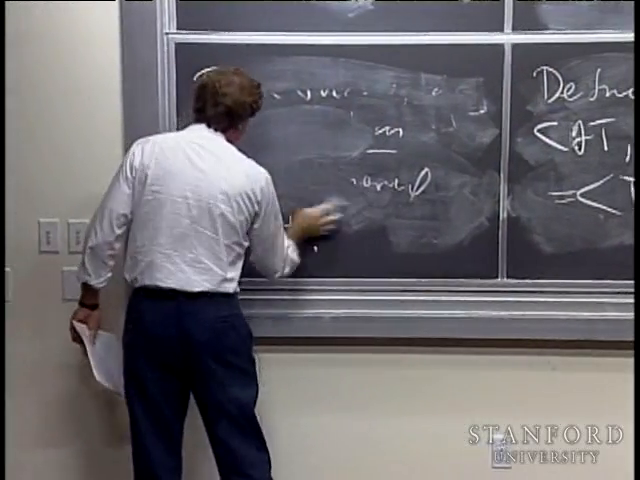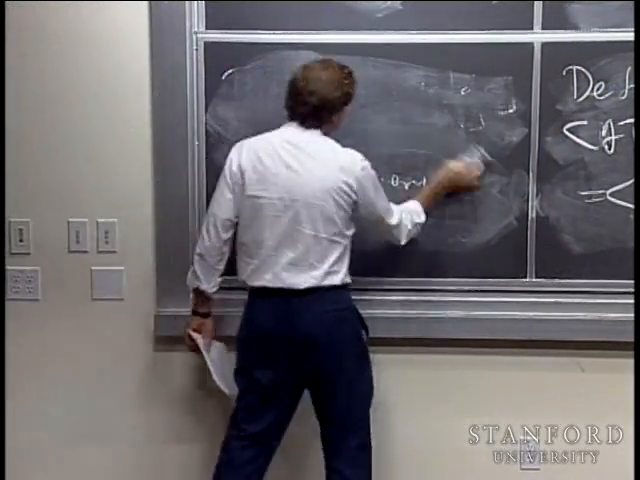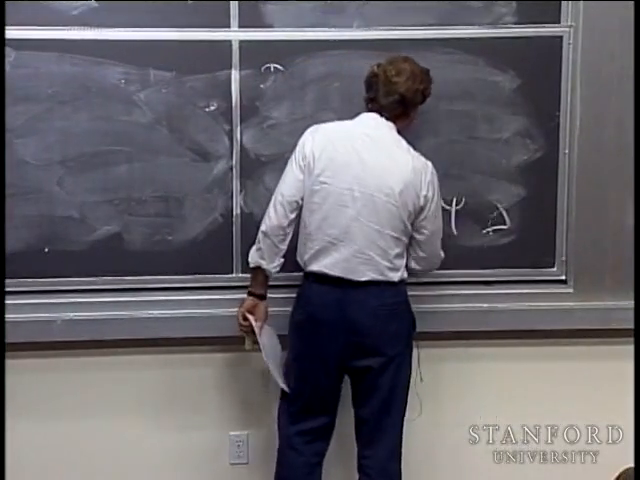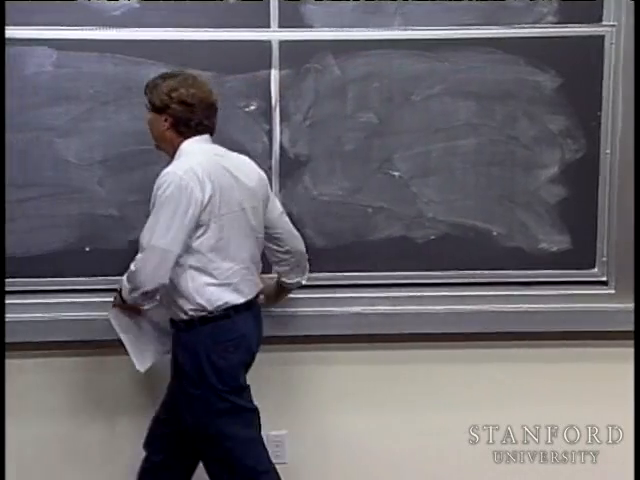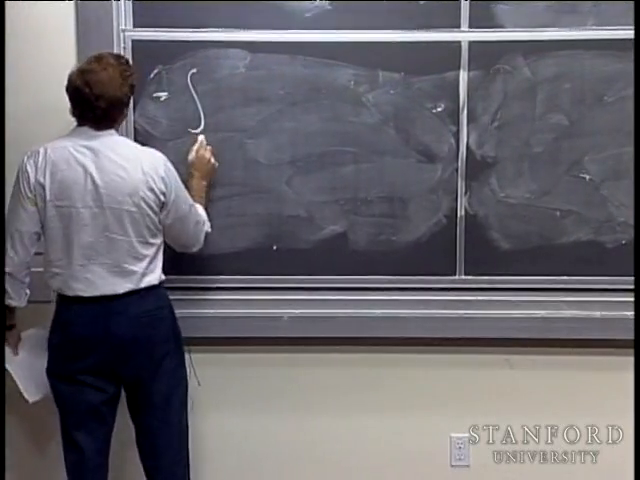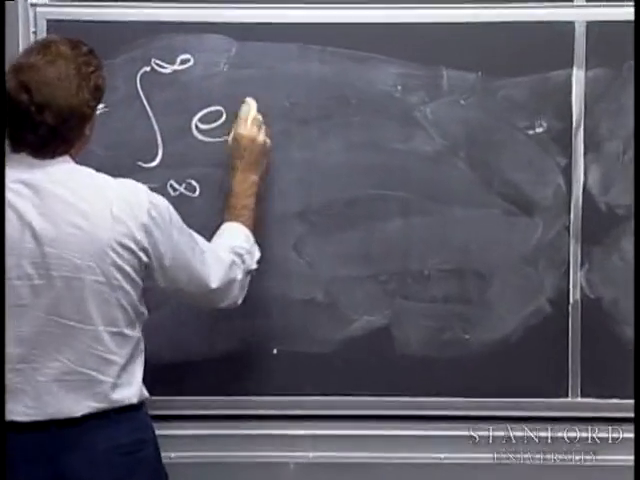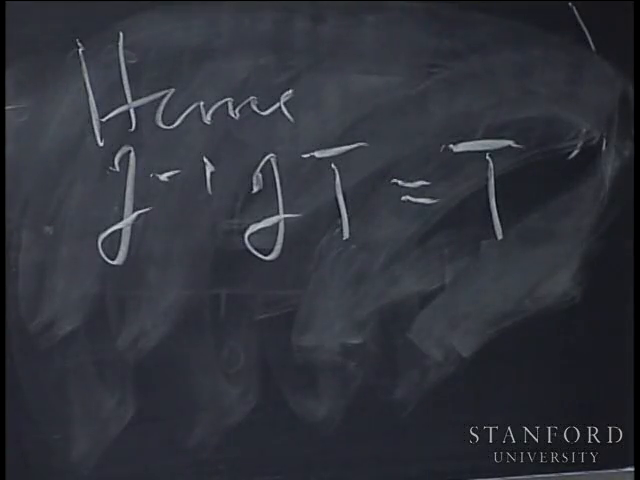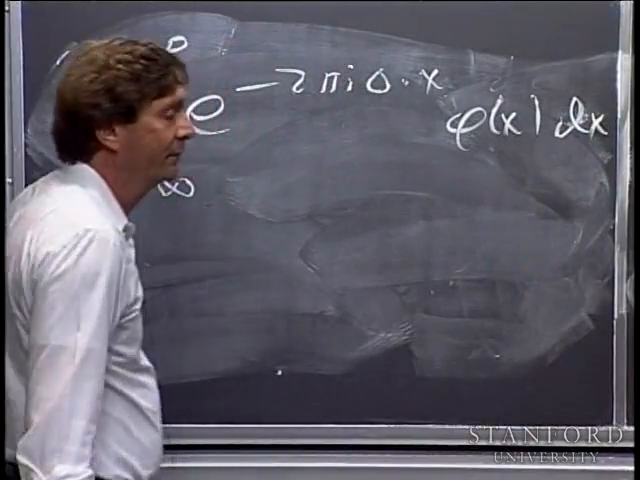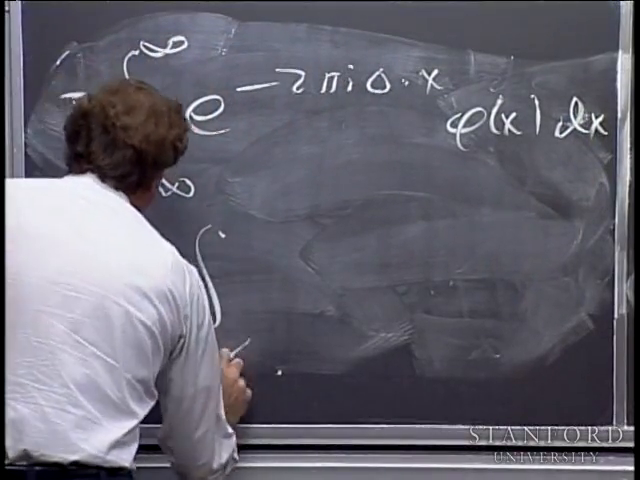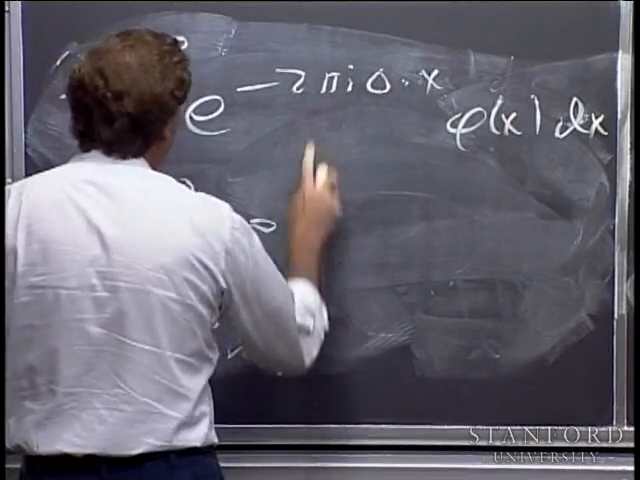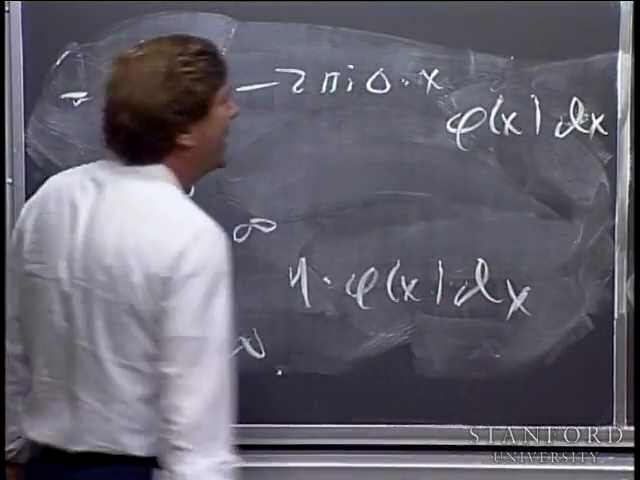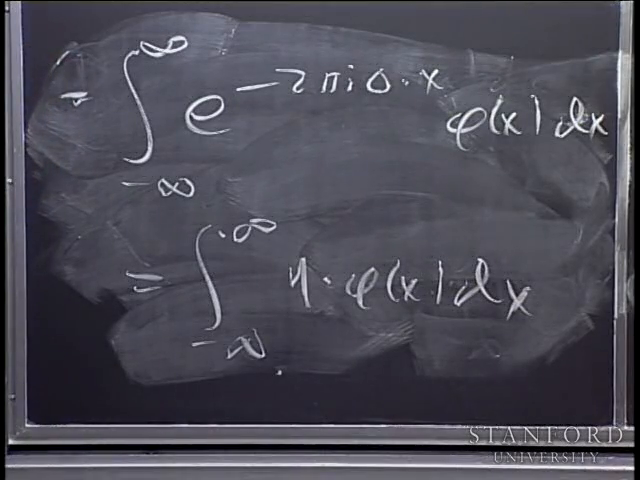Now I write down the classical definition of the Fourier transform and evaluate it at 0. I can do that because phi is just as nice a function as it can be. This is, by definition, the integral from minus infinity to infinity of e to the minus 2 pi i 0 times x, phi of x, dx. In other words, it is the integral from minus infinity to infinity of 1 times phi of x, dx. And now you have to look at this with new